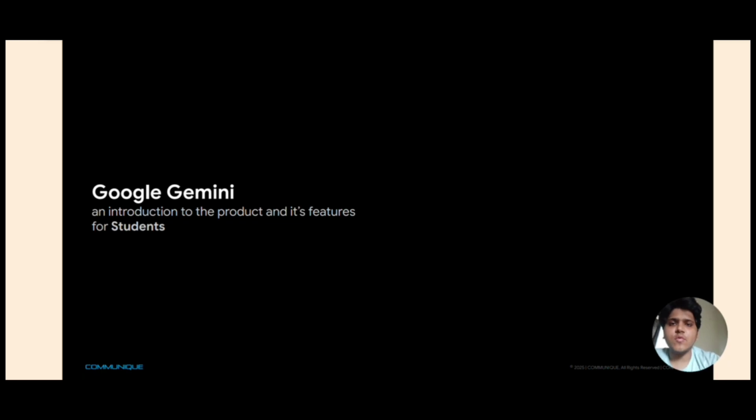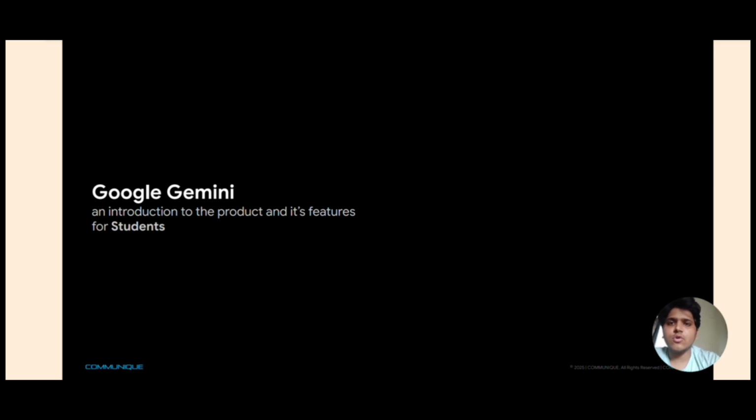Basically, myself, Mohammad Ahmad Ansari, and currently I am serving as a Google Student Ambassador. Most of you, I guess, may know that Google Gemini is currently offering its Pro version to university students at free of cost, without any charges, for approximately 1 year. After that, whatever the charges are, you need to pay, right?